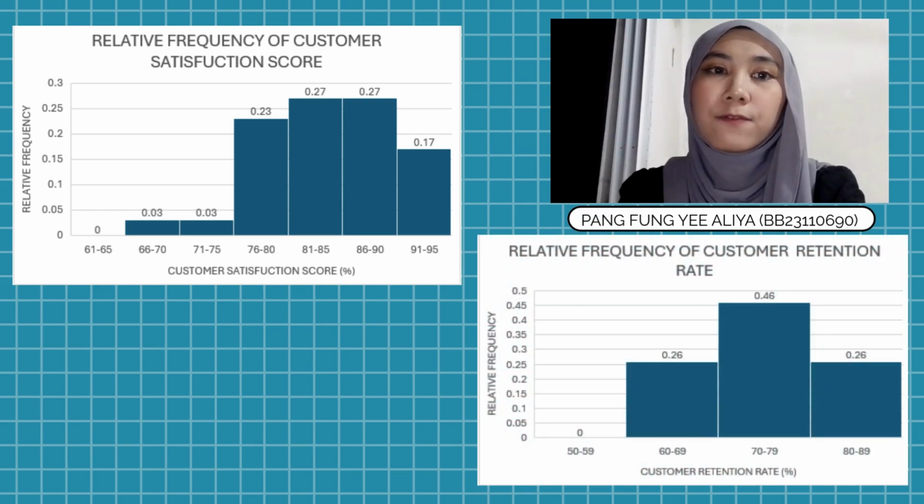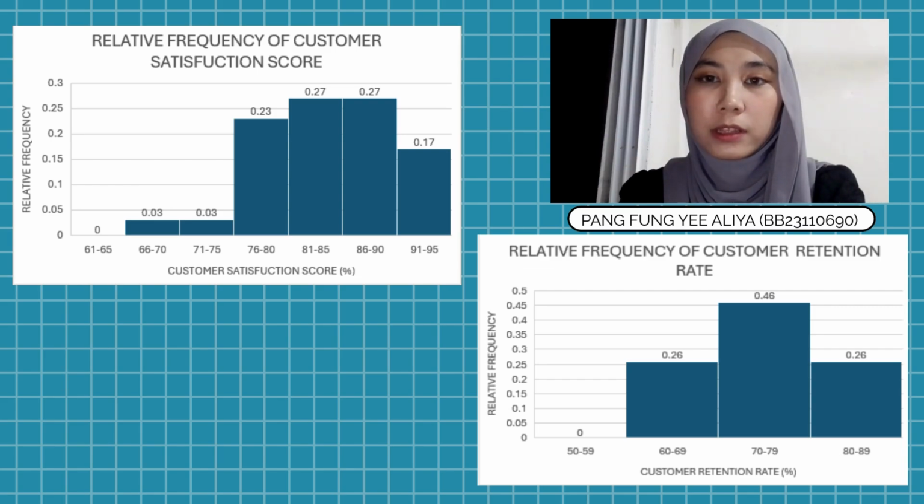For customer satisfaction score, the higher bars are for classes 81 to 85 and 89 to 90, both with a relative frequency of 0.27. This shows that many customers give higher satisfaction scores. For customer retention rate, the higher bar is for class 70 to 79, with a relative frequency of 0.46, followed by classes 90 to 97 and 80 to 89, both with 0.26. This shows that retention values are more focused in the middle